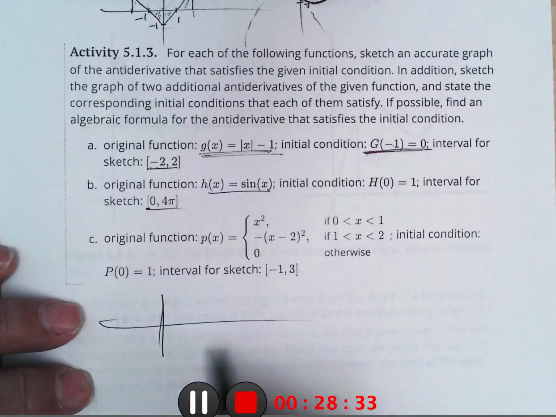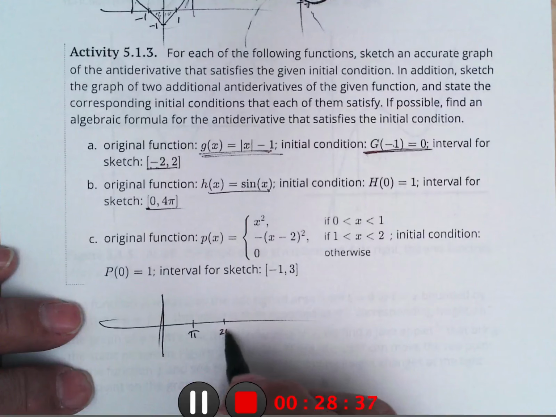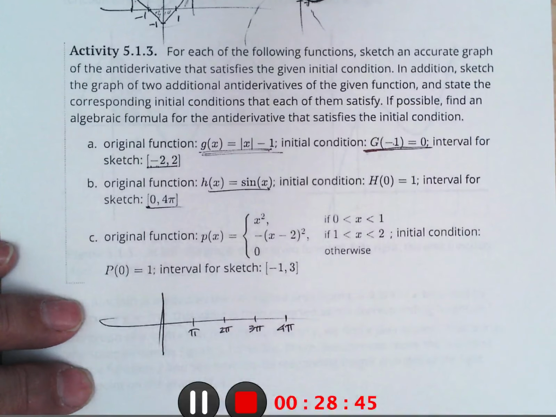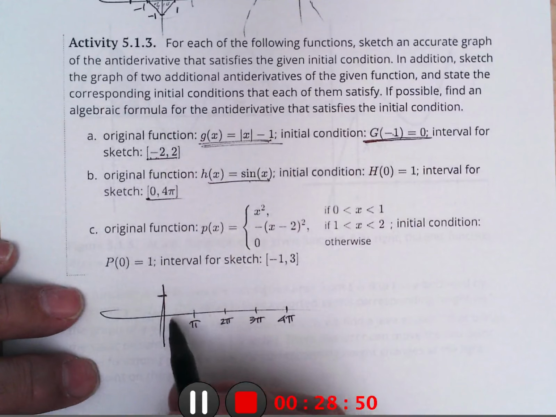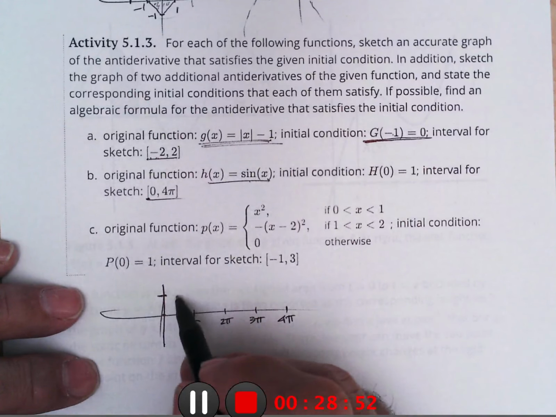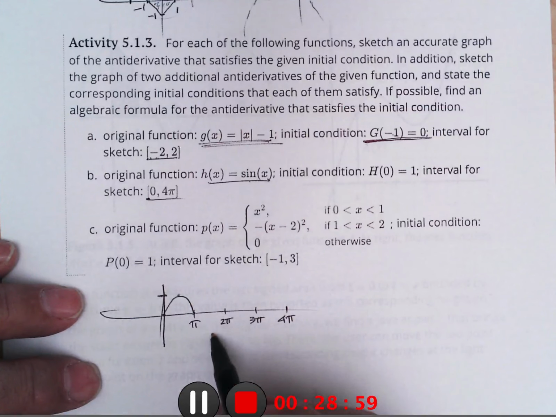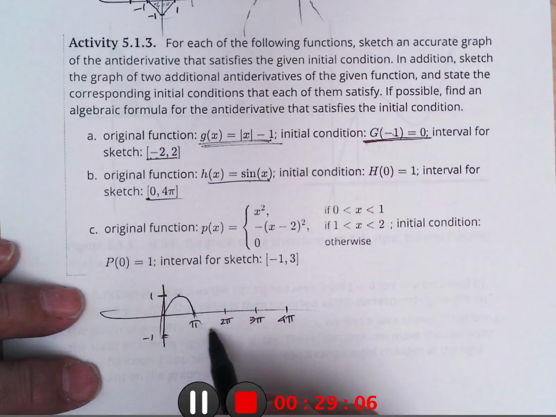So, pi, 2 pi, 3 pi, 4 pi, and if I make that 1, the sine of x would start at 0, go up to 1 at pi over 2, back to 0 at pi, down to minus 1 at 3 pi over 2, and back to 0